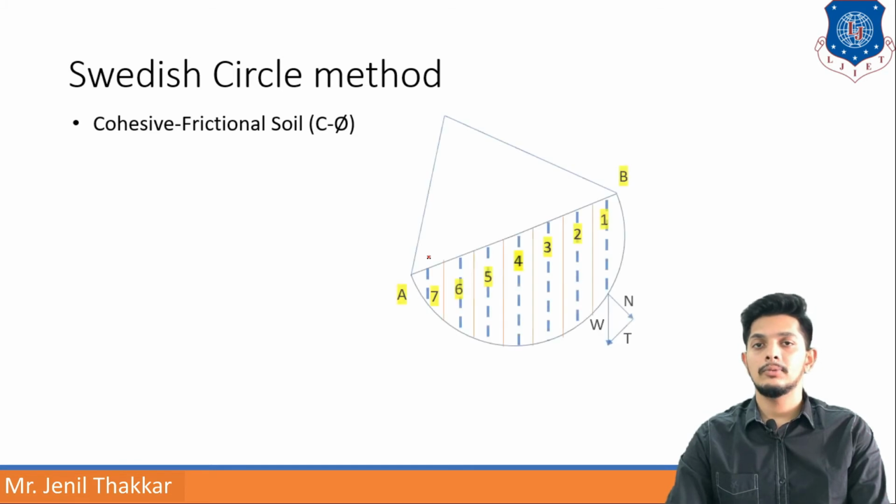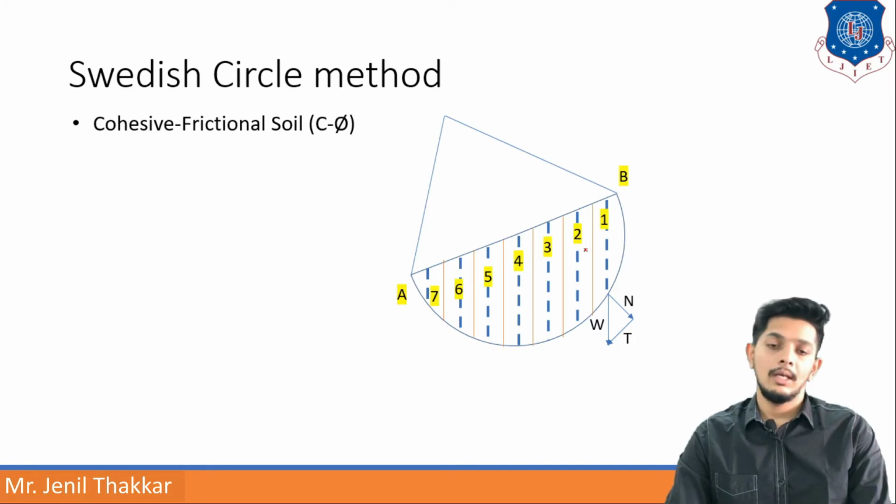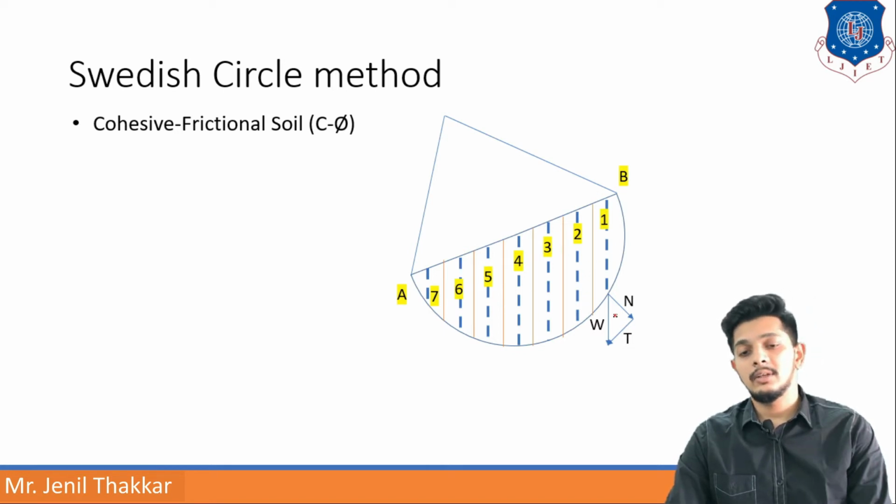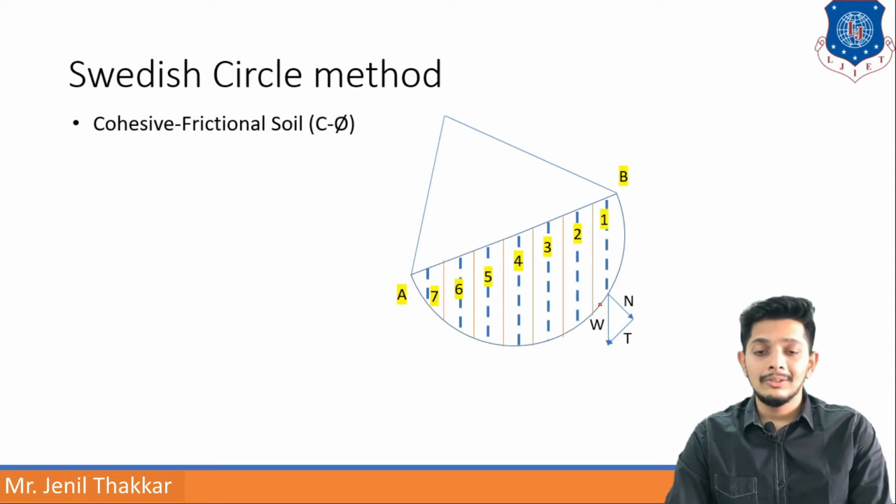So in this type of soil, we can plot the same kind of figure. Here this is the origin point, AB is the line of slope failure. Now this is a trial slip circle, but it is divided into 7 parts. We can read 1, 2, 3 to 7. Now all parts are divided, as well as from the center I have made a dashed line. Along this dashed line, we can plot a diagram of forces like this.